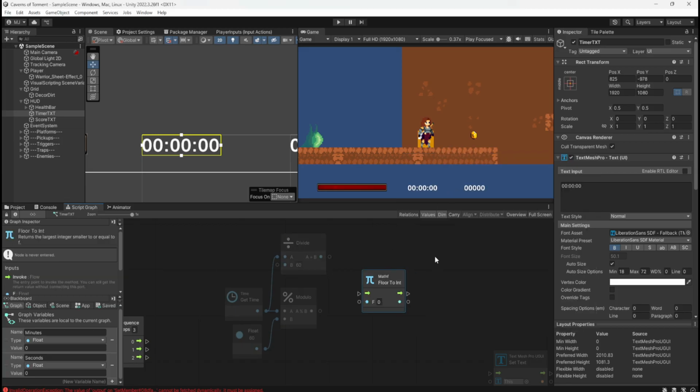So what will that do? Oh, returns the largest integer smaller than or equal to f.